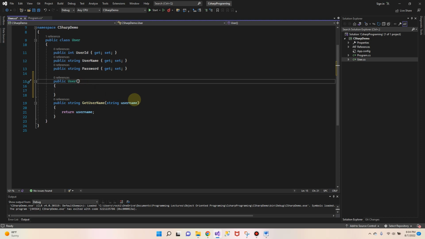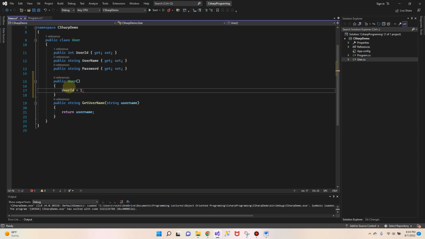A constructor can have parameters. A constructor may not have parameters. So let's start with a constructor without a parameter. Let's say I want to assign the values here in this constructor. We already have this user here, so I'm going to just assign the value of the user in the constructor. User 1,